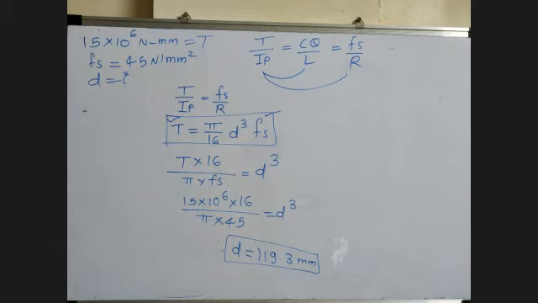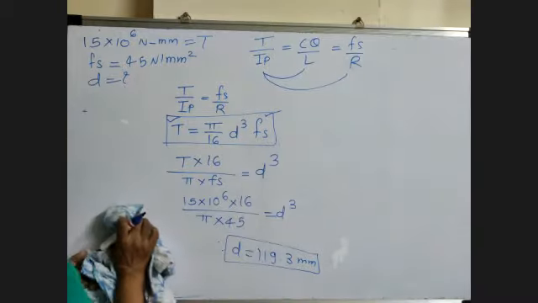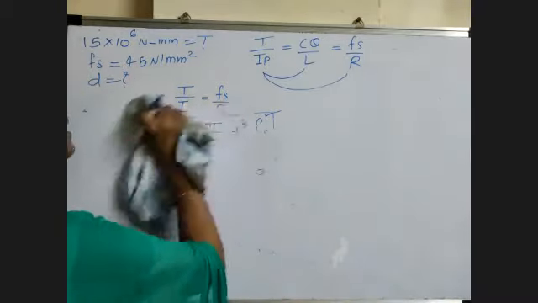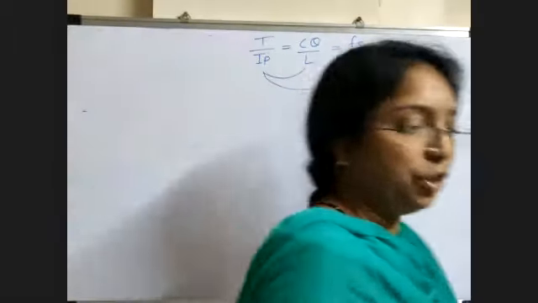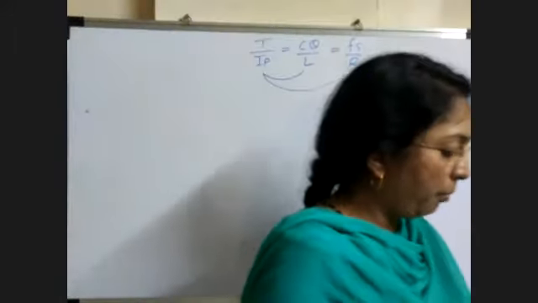Now we take another formula. Okay, now the formula is given. What was given here? In this formula, shear stress is given to you and you have to find the diameter. Now in the next problem, the diameter is given and you have to calculate the maximum shear stress. Now I read the first problem.